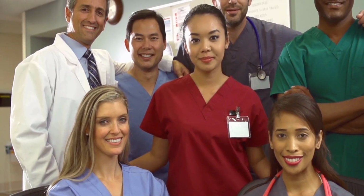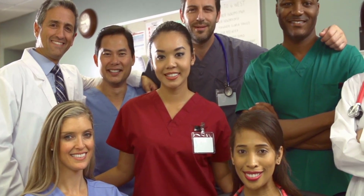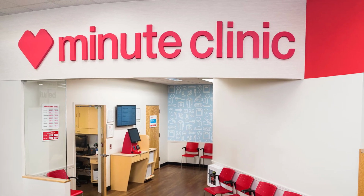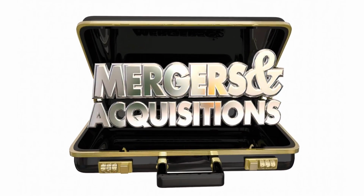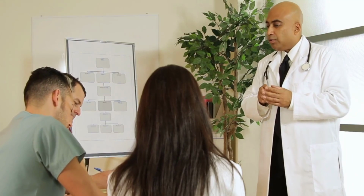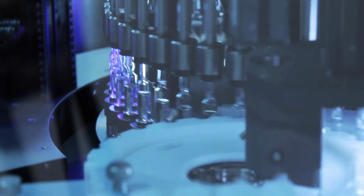The team is led by individuals who had previously managed a similar situation with a business known as Quick MedX. And that company changed their name from Quick MedX to Minute Clinic, and the focus was on convenient care clinics. CVS acquired Minute Clinic in 2006. Mitesco's approach follows a similar business strategy, but is adopting new technology and leveraging lower cost and more available healthcare